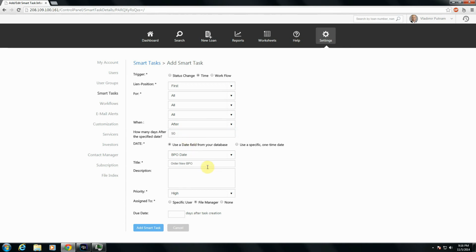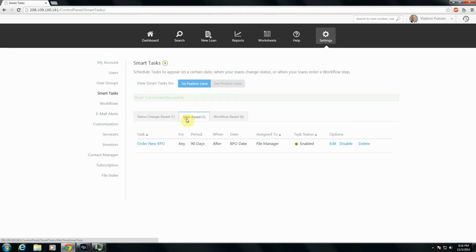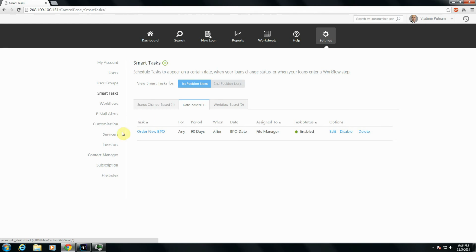So a user will be instructed to order a new BPO 90 days after any file's current BPO date, and that's for any file of any status. So I'm going to add that smart task, and that's there. So we've got our status change based one, we've got our date based smart task to keep our BPOs updated, and get those